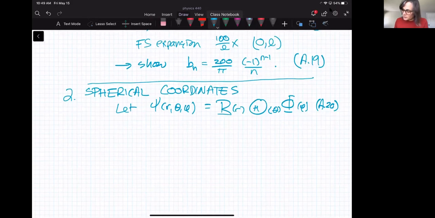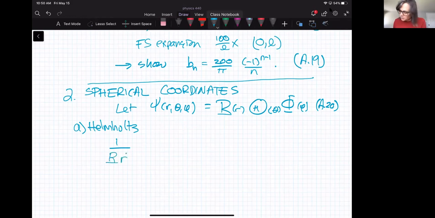And as an example, we'll look at the Helmholtz equation that we just looked at. In this case, that means that we have to look at del squared psi is equal to minus k squared, right? Ultimately. So what we've got is, after we've done this separation,